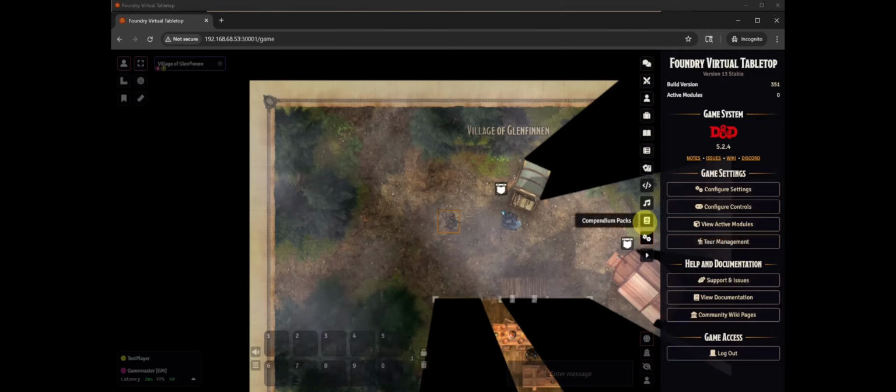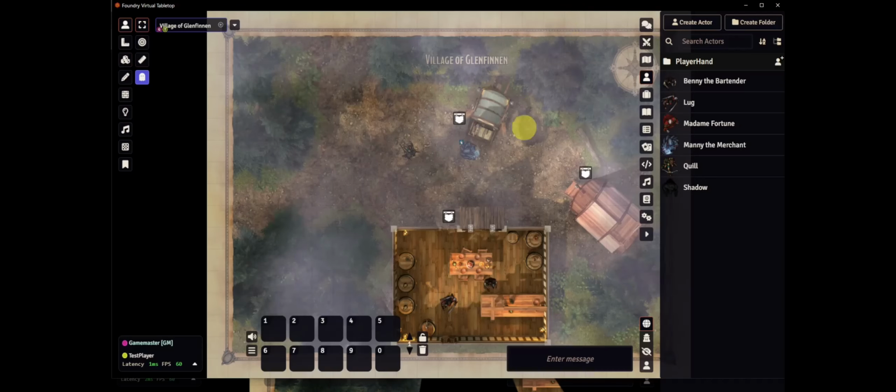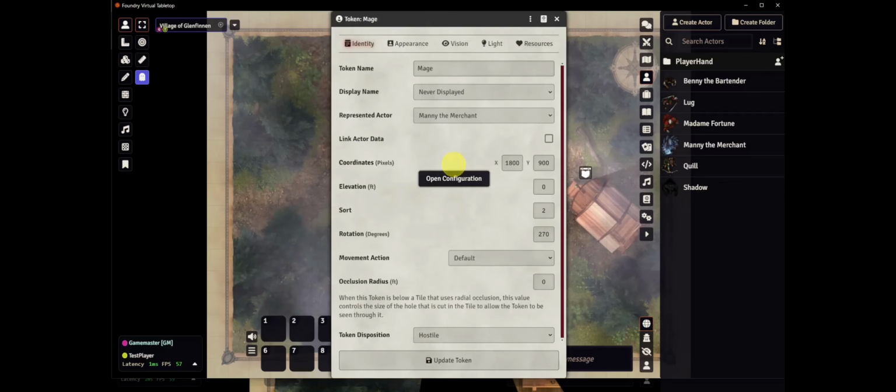Before we get to killing things and taking their stuff, I want to talk more about privileges and ownership in Foundry VTT. If we look at the map in the background, we notice that we cannot select or double click anything associated with Manny the Merchant. In fact, we can't even see that he is Manny the Merchant. We can fix that by switching over to the GM window and right clicking on Manny and selecting the Configuration or Gear button. Here on the Identity tab, I can change the token name to Manny the Merchant,